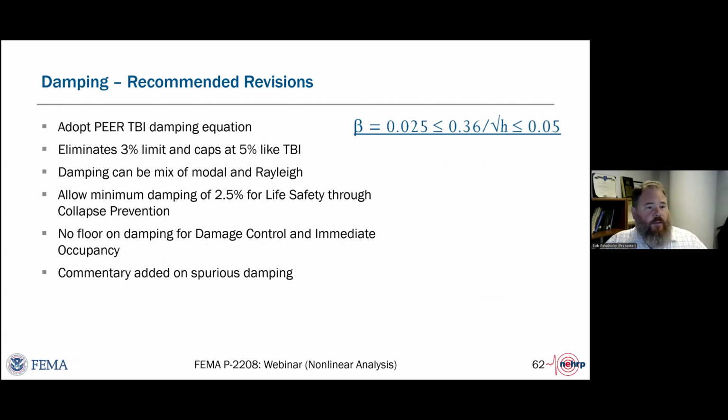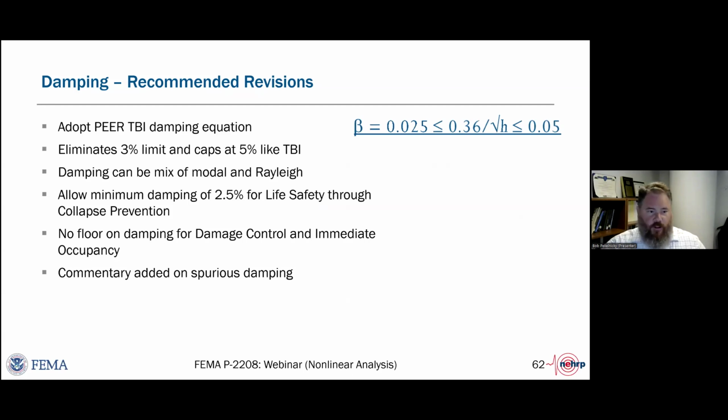So we adopted the PEER TBI relationship. We also provided very good commentary on mixing modal and Rayleigh damping. We put in a floor: your damping doesn't need to go lower than 2.5% for life safety through collapse prevention. However, for tall buildings that are being held to damage control or immediate occupancy performance level, you may need to limit the viscous damping in your analytical model to something less than 2%.